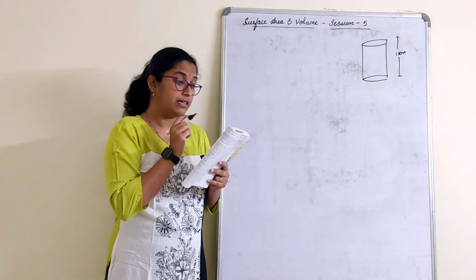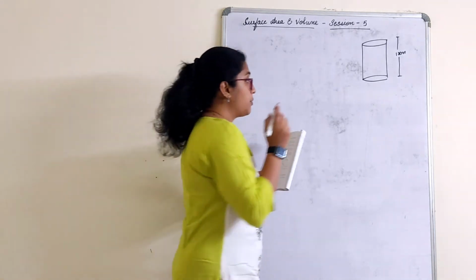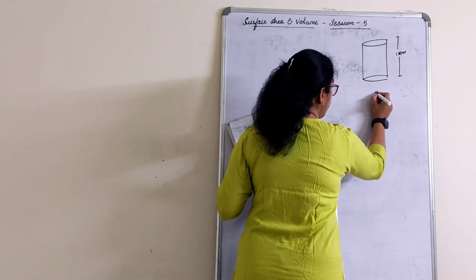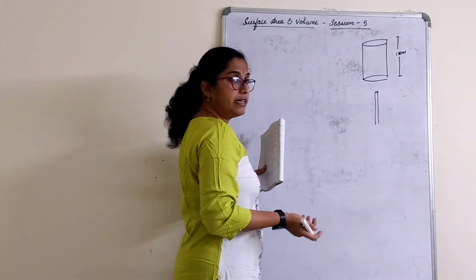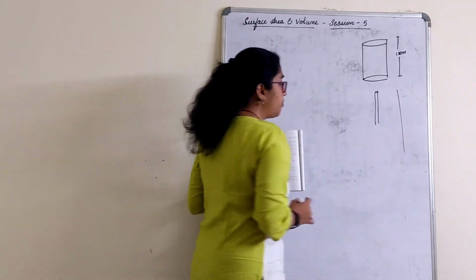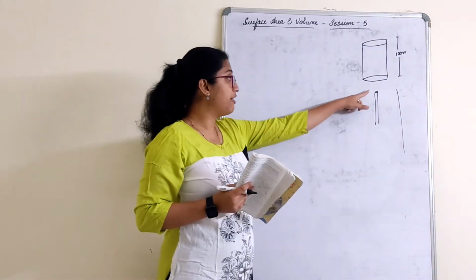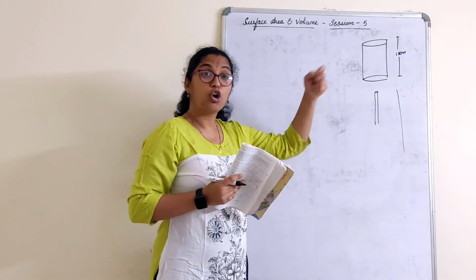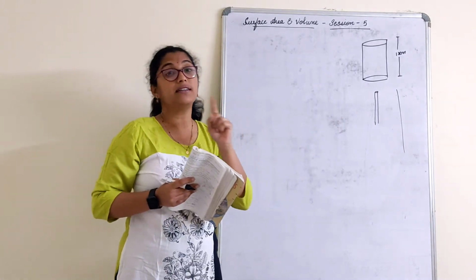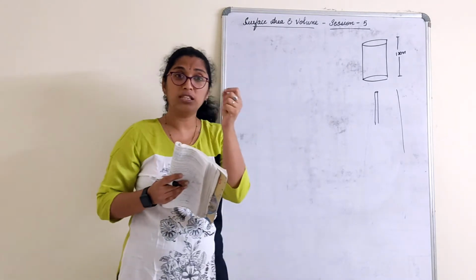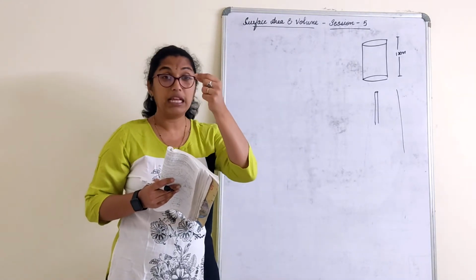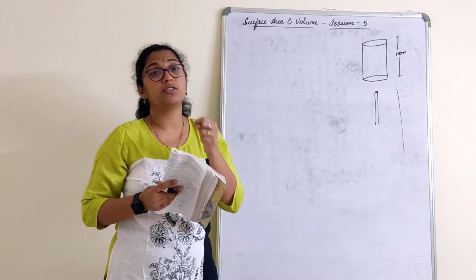Now, a copper wire 3 mm in diameter. Assume that this is the copper wire. I'll just draw here. Of course, this thick copper wire will not be there, but I have to show it. This copper wire's diameter is 3 mm. Understood? Imagine the wire to be so thin, whose diameter is 3 mm, so radius is 3 by